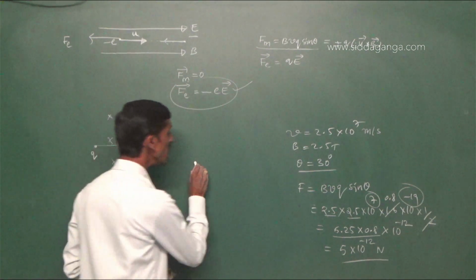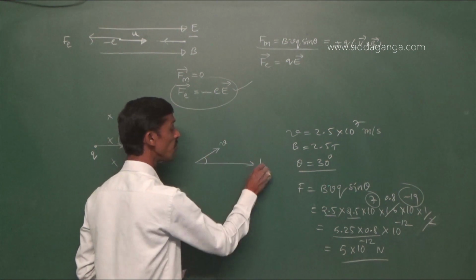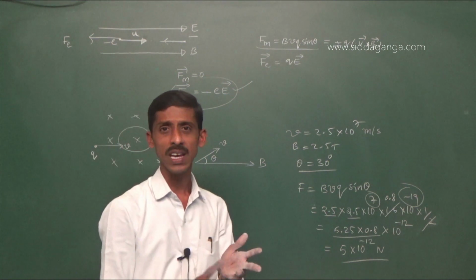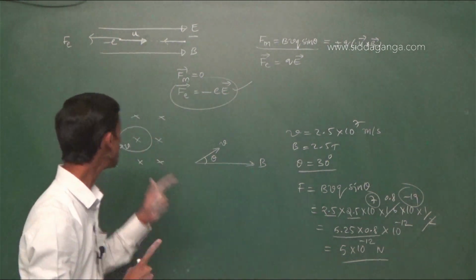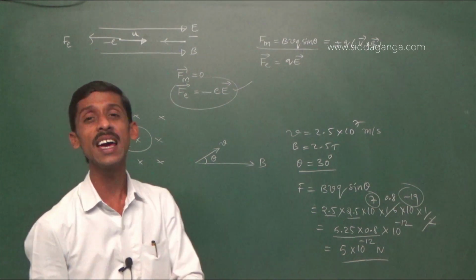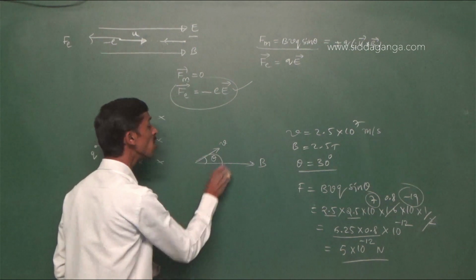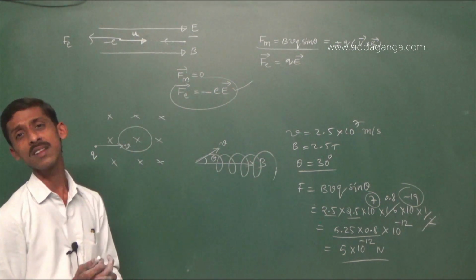Instead of that, if a charged particle enters into the magnetic field at an acute angle, theta is non-zero. If theta is 0, parallel. Theta is 180, anti-parallel. Theta is 90, circular path. Acute angle, less than 90. So then the path followed by the charged particle will be a helical path.